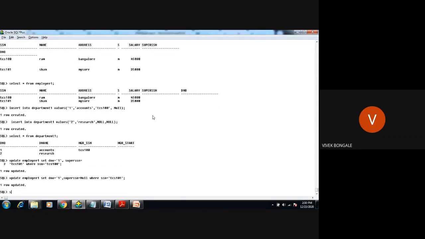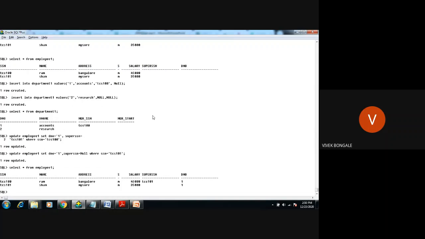Now just check whether it is updated or not for the employee table. Select star from employee. Now you can see the values we have given, TCS 100 and 101 here for super SSN. It's updated, and the department number is updated as 1. In this way, you have to insert the